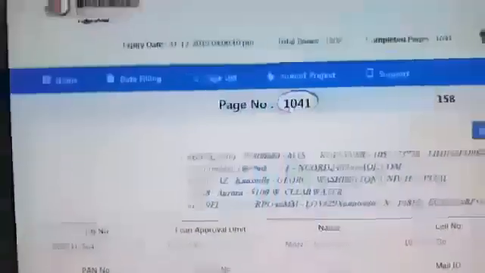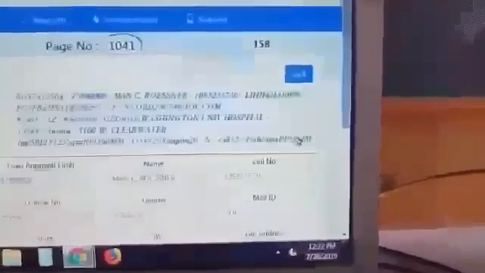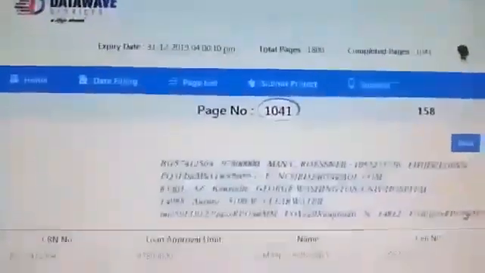Okay, but there is a time limit for editing work. Means there is a 24 hour time limit. After 24 hours the form will be locked automatically. Then you can see that form, but you can't edit it. Suppose we have filled the form at 12:22. So you can re-edit that form until tomorrow 12:22.